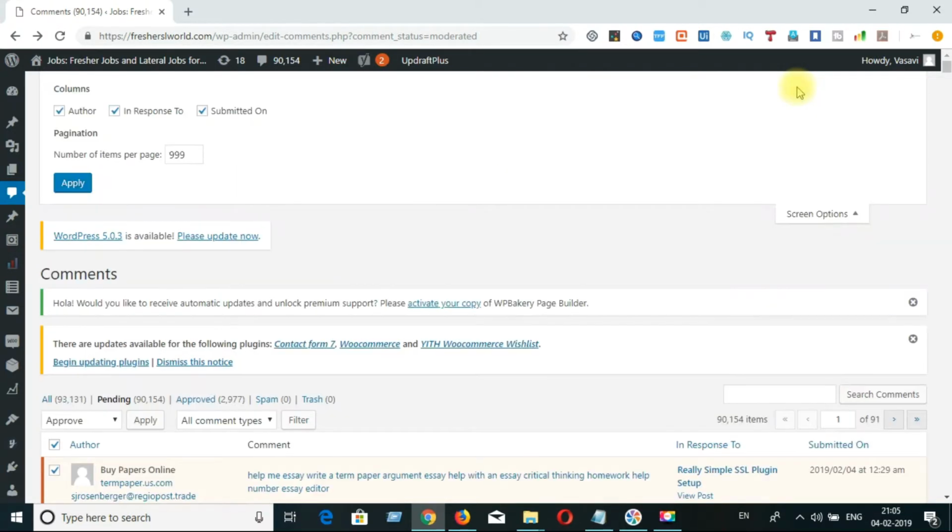Click on screen options again. Yes, I am going to change to 300 comments per page. I am clicking on apply. It is still loading.